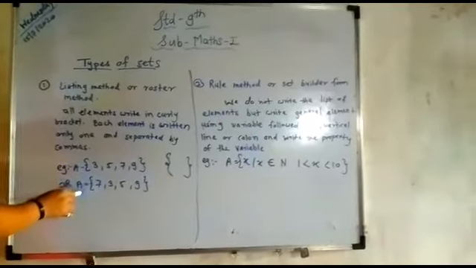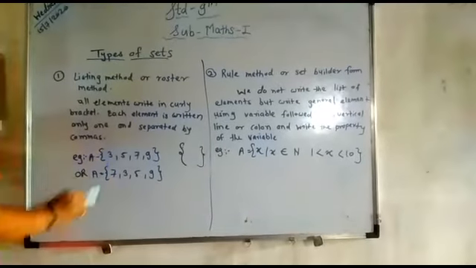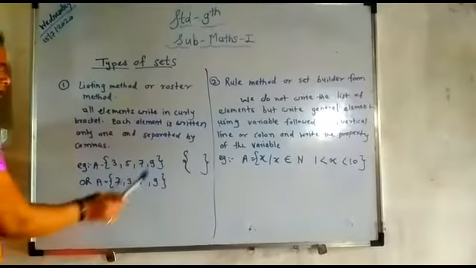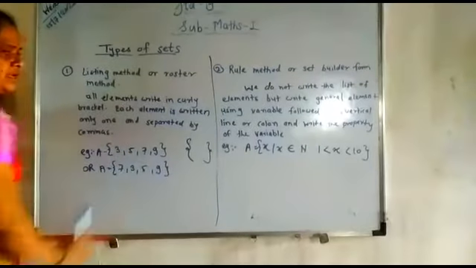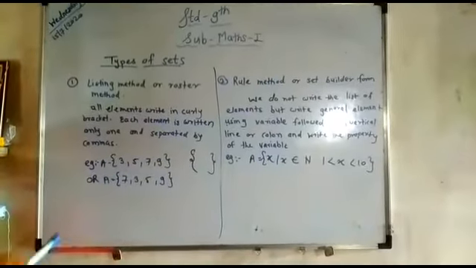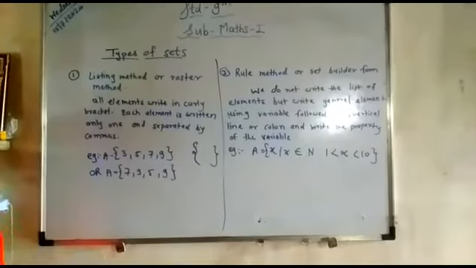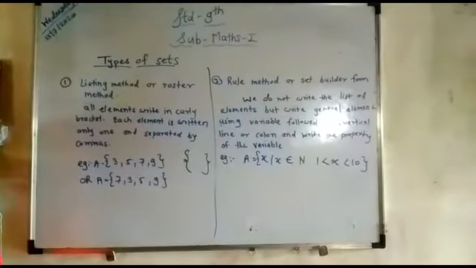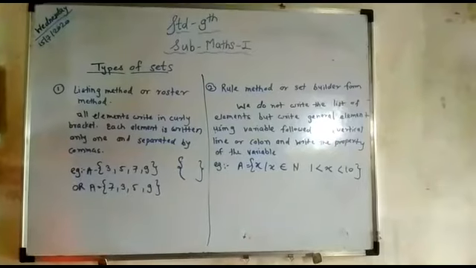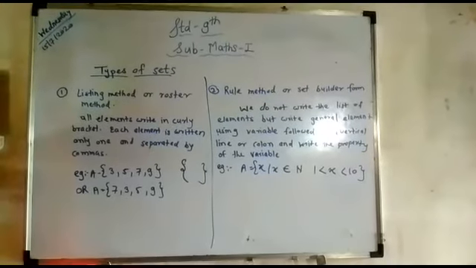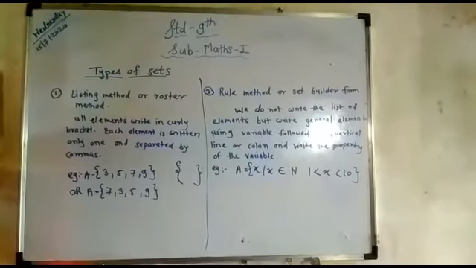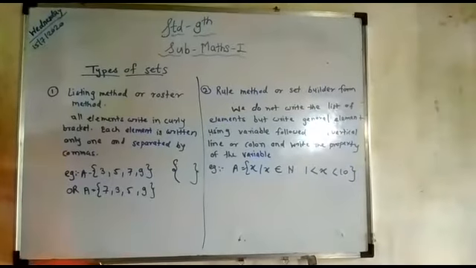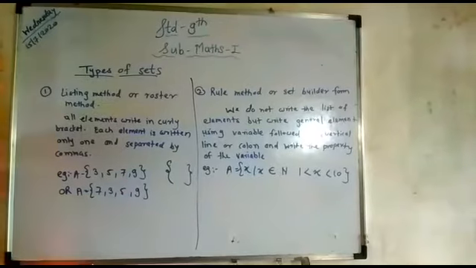In this type, the serial order is not important. Here we can also write set A is equal to {7, 3, 5, 9}. What is most important is that all elements are present. We cannot remove any number from the set, and we cannot add any number in double form.